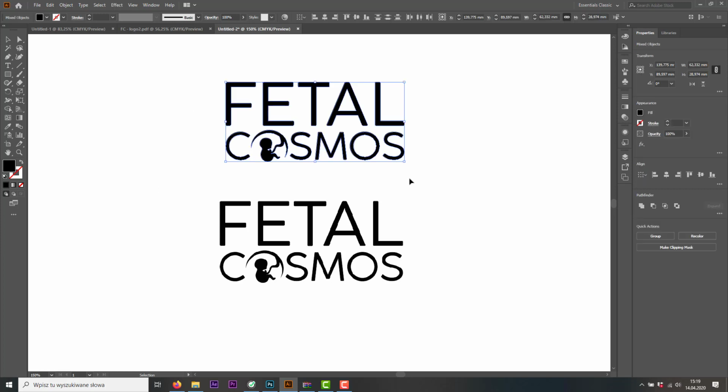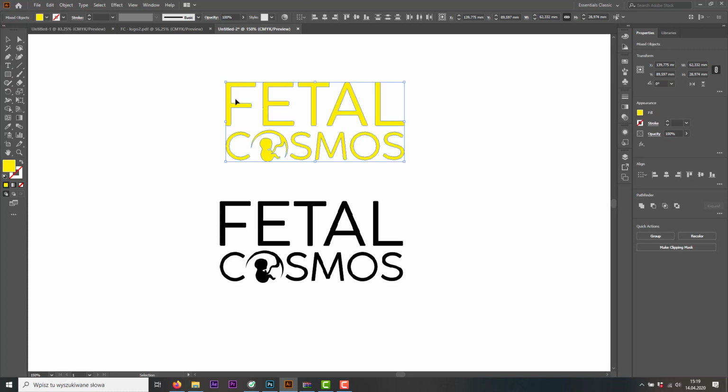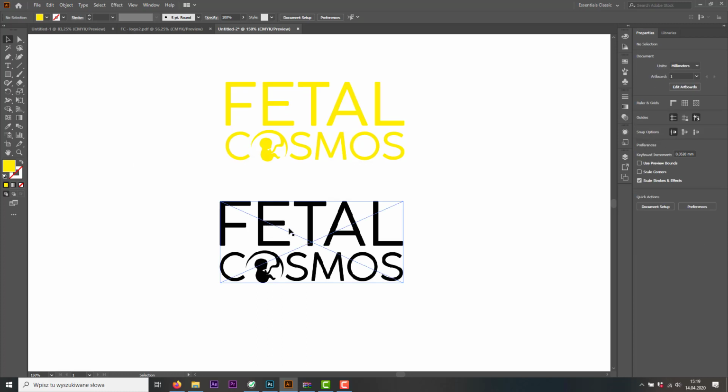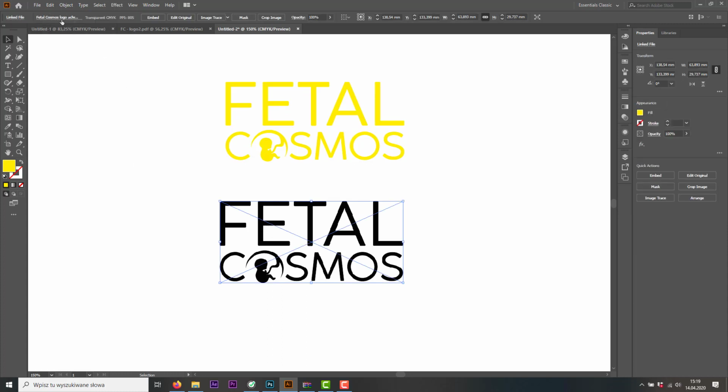One is vector graphic, so if I select it, let me change the color so you would be able to see. You can see anchor points, you can see the paths that are connecting, so it's a vector object, which means that it's scalable. And the second one, if I click on it, I get information that it's transparent, CMYK, PPI, which means pixels per inch, pretty high, but this means that actually this graphic is rasterized,